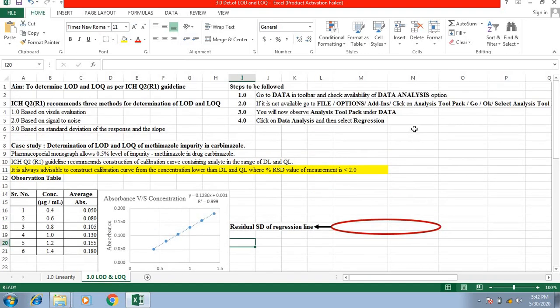For that purpose, we need the data analysis option under the data tab. To install the data analysis option into Excel, if it is not installed, you need to follow these 4 steps. I'll show you a demonstration of how to install it.